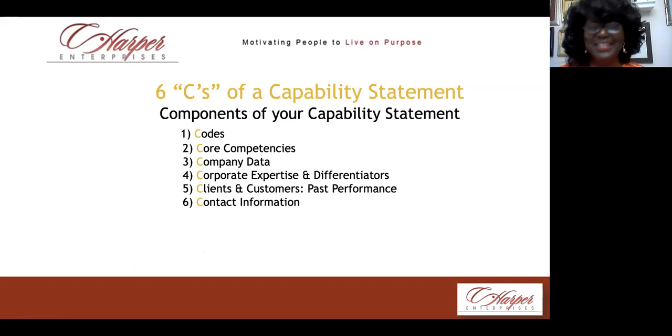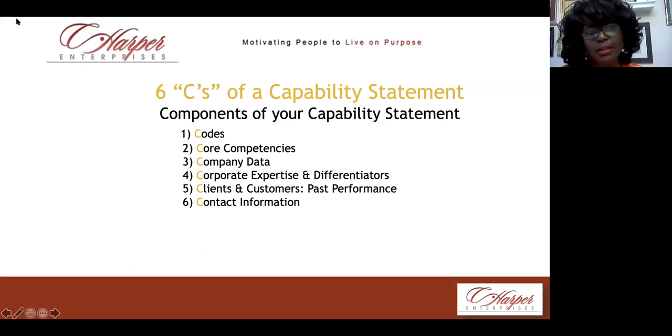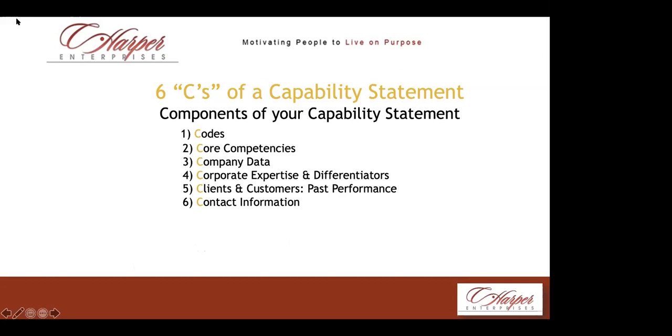So Mark, let's talk about the 6 C's of a capability statement. I know you've probably seen lots of capability statements. Tell us how important the codes are on a capability statement. Well, that is true, Cynthia. I have definitely seen a lot of those, and I think that's one of the most important. Clarity of your purpose is probably the first thing I always encourage contractors to be aware of, and having those codes really pinpoints what kind of opportunity you're looking for, so you want to make sure you have that NAICS code. The codes are very, very important.